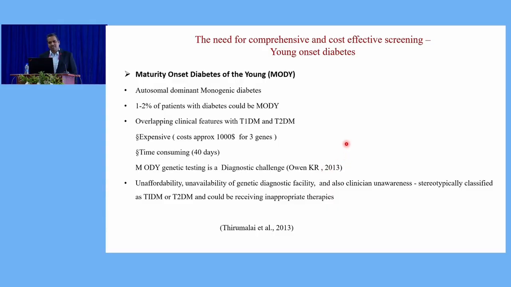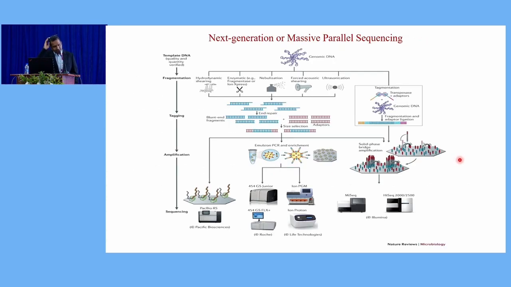There's also a lot of overlapping clinical features, and the cost was huge. Because of this, many of these patients are misdiagnosed and may be receiving inappropriate therapies. Early on, we realized that if you have more than 10 genes, Sanger is not the method. And we were looking at technology, and exactly at that point,